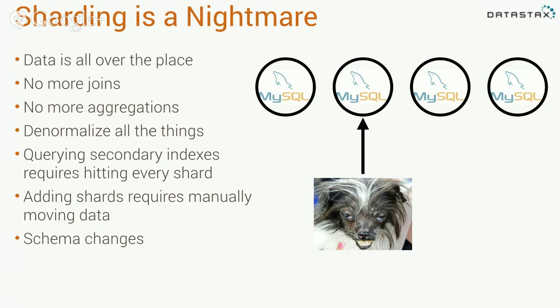The next thing that you discover is that secondary indexes are problematic. So these are so much fun when you have one server, but as soon as you try and build a system where you have, let's say, my likes spread across 4 machines or 10 machines, and then you need to do a query to pull them all back, you end up having to talk to every one of these machines. So if you're doing 1,000 queries per second on your client, you're doing 1,000 queries per second on each of these servers. That doesn't scale with the number of servers that you add. You could have 100 servers, you're still doing 1,000 queries per second. So you have a very real cap there.